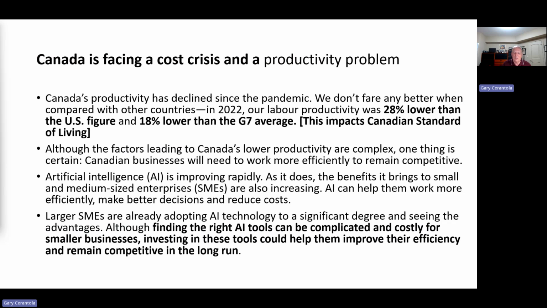And you want to find the right AI tools and to be able to do that. And the right tools could be costly for a smaller business, but understanding what's available and working can really improve our national statistics. Because when productivity drops, well, guess what? Our comparative advantage drops. When our comparative advantage drops, our exports drop. When our exports drop, our standard of living drops. All right, so that's where that's all going.